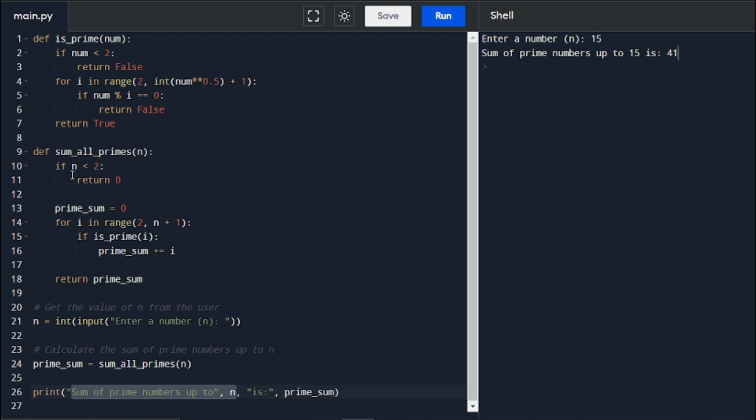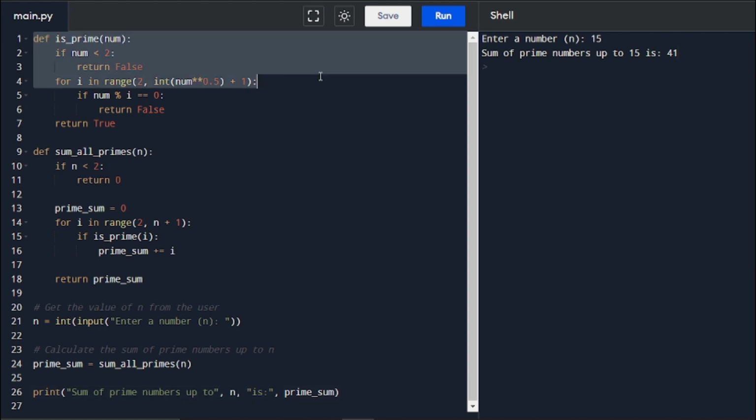So yeah, this is basically a very simple algorithm. First of all, you need to find prime numbers, and for that you have to make a function, and then you need to define the sum of all prime numbers, because the second step will be to calculate the sum of